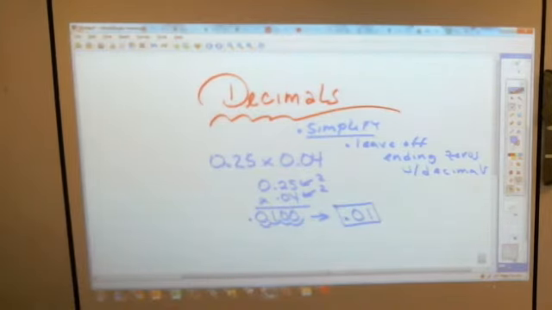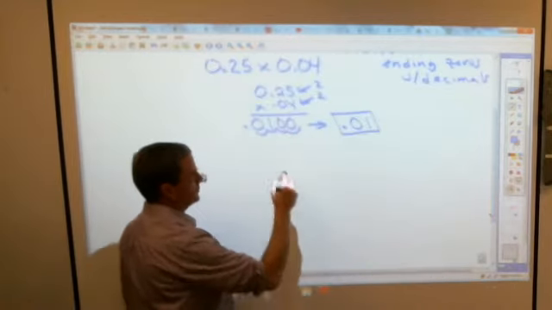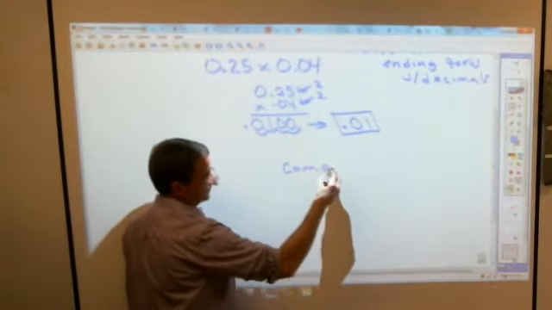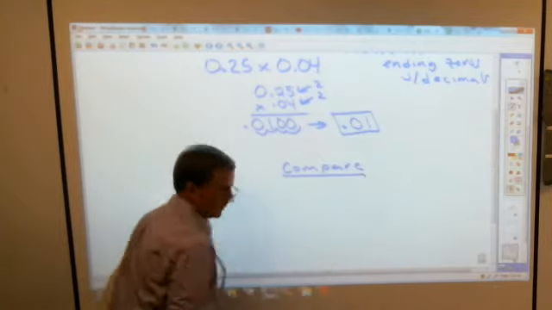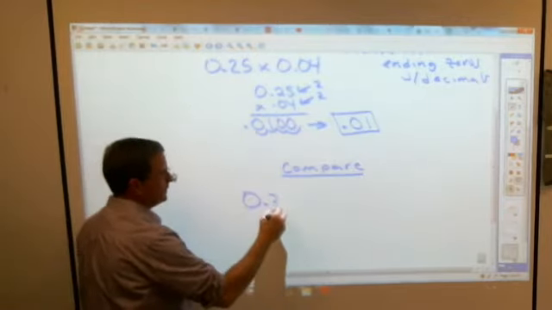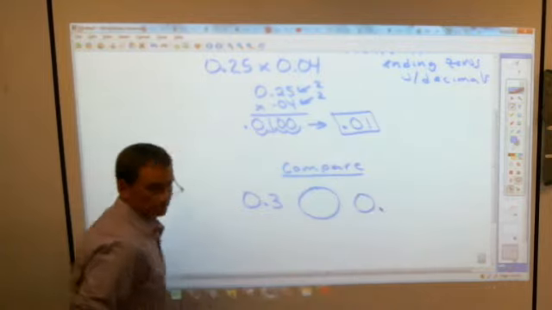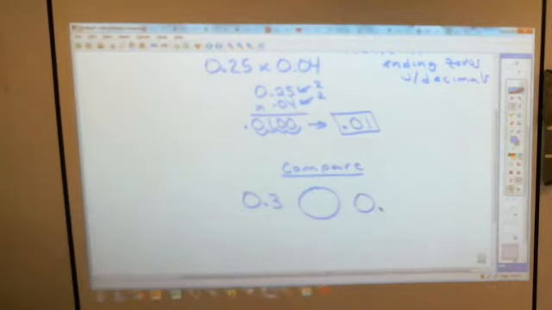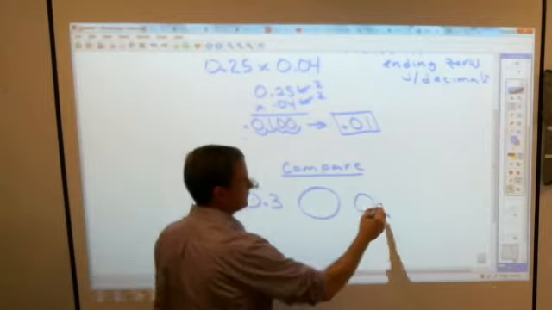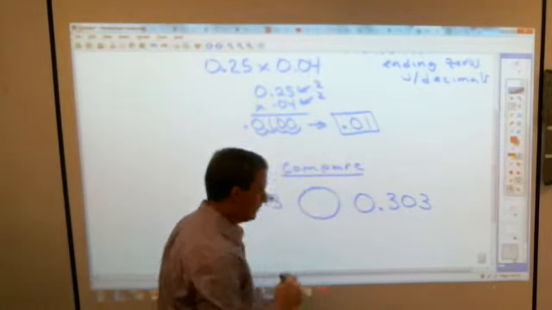As a general rule. And then the other thing is to compare decimals. Sometimes that gets a little goofy. You have to be careful with decimals when you compare them. For example, let's say you're comparing this. 0.3 compared to 0.303. If you are comparing these,